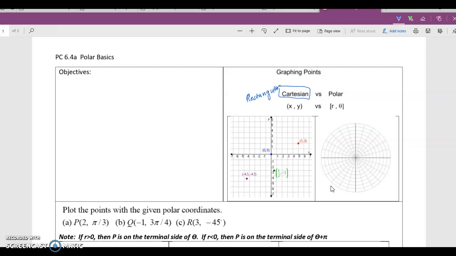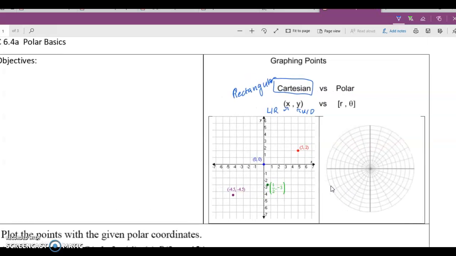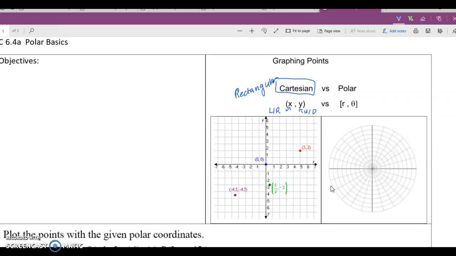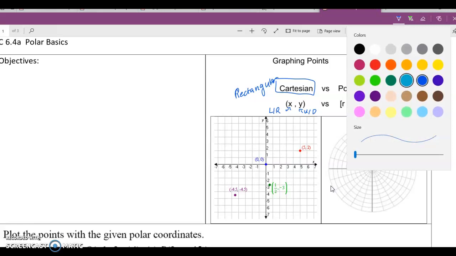So the Cartesian plane is just when you have your x and y coordinates. So obviously x goes with the left and the right, and then y goes with up and down. So if you have a point like 5, 2, you go over 5 and up 2, and that's how you find your point. Polar coordinates are, instead of being in a rectangular shape,